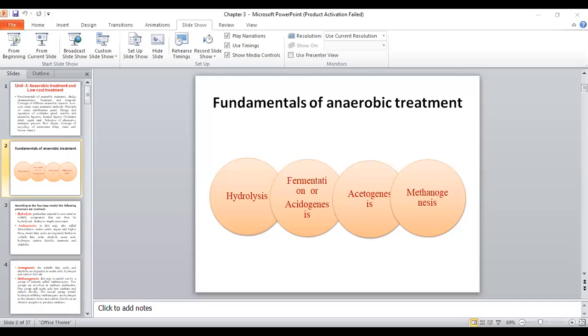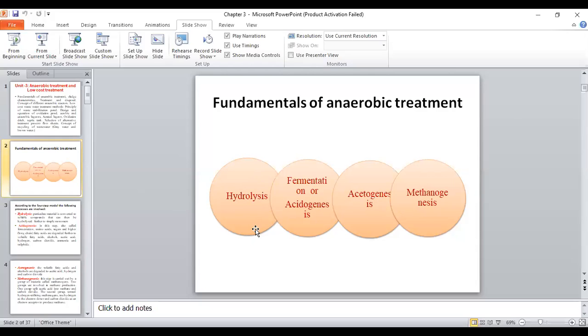What happens in the first step? Complex organic compounds present in that sludge or the solid waste will be converted into simple form, so further it can be degraded easily. We can say these are hydrolyzed materials in the step of the hydrolysis